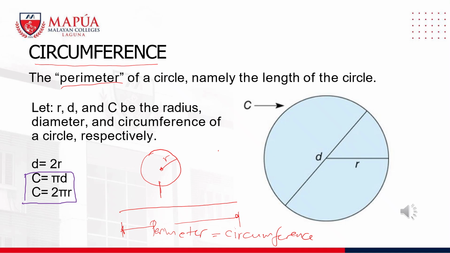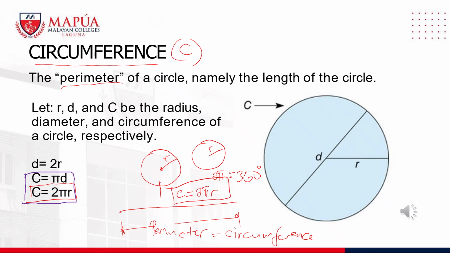So that's why here we're given that the circumference, we denote this word circumference as C. So the circumference C is equivalent to 2 pi r. So 2 pi means one revolution. We know that one revolution is equal to 2 pi or equal to 360 degrees. So to determine the length, or perimeter, of the circle, we just find out the value of r and multiply that by 2 pi. So 2 pi r is now the circumference of the circle.